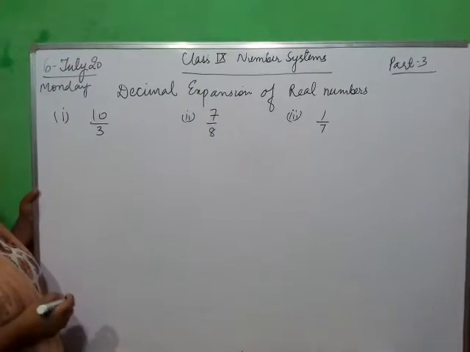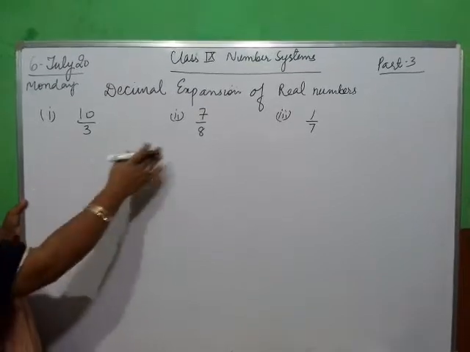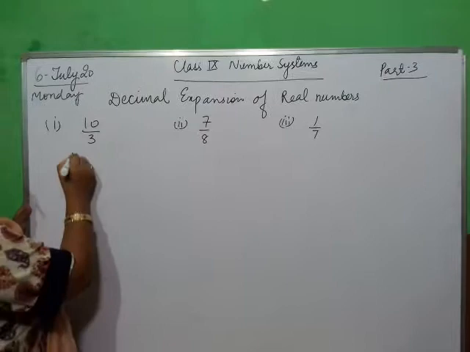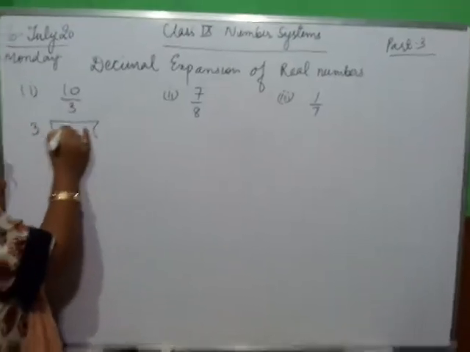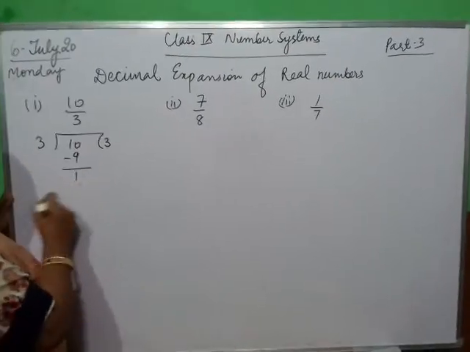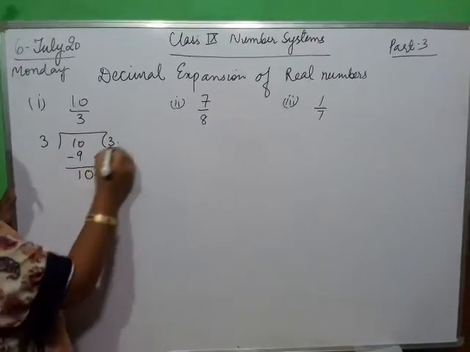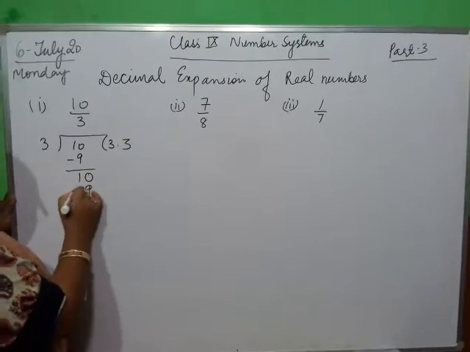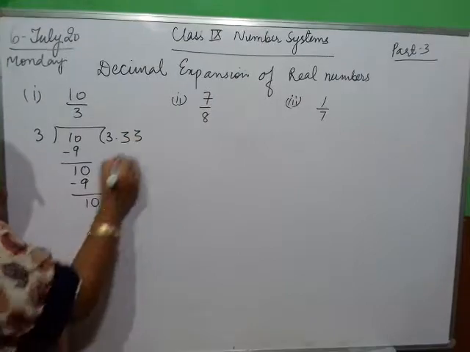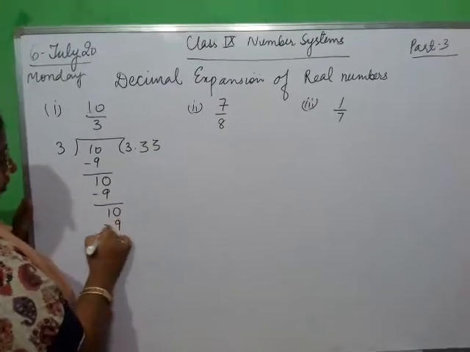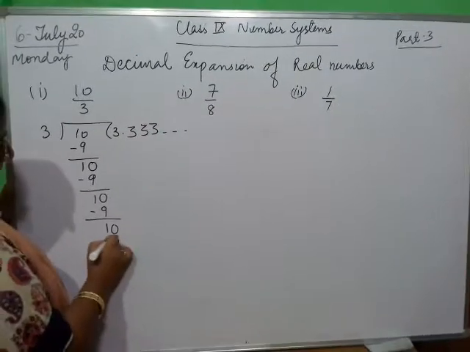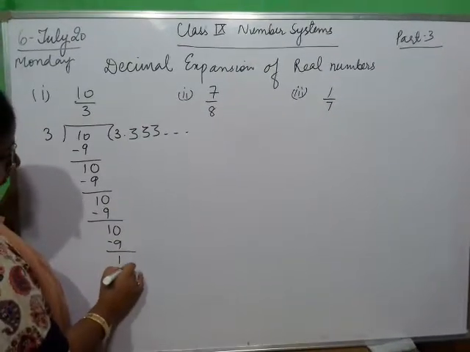Decimal number representation. Now let us take three numbers and do the division of these numbers. 10 by 3. So 3 into 10. 3 tens are 30, 3 threes are 9. So we get the remainder 1. We will put a decimal and do the division again. Again we get the remainder 1, then 10, then 3 threes are 9. Remainder is again 1. So this will be repeating, and so on.